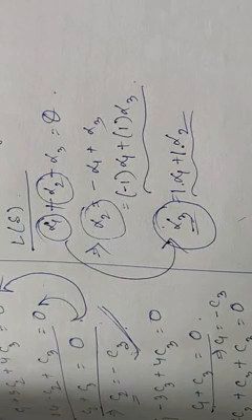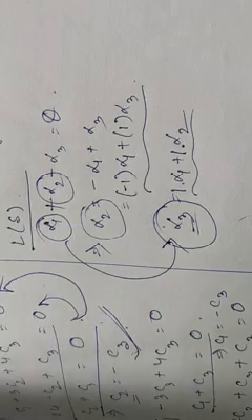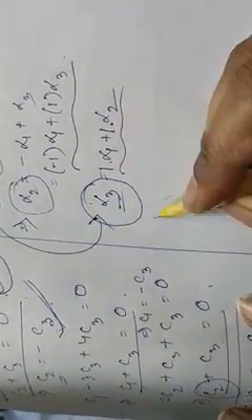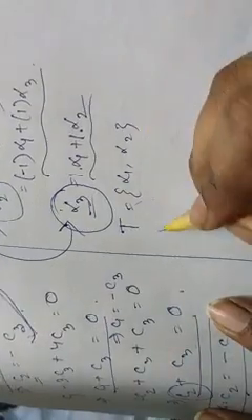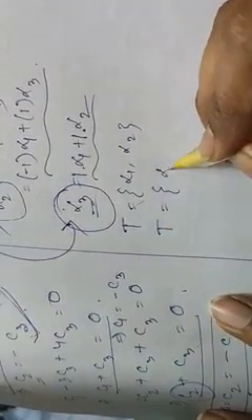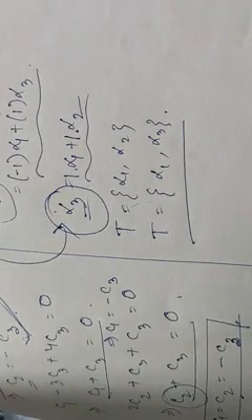So we can apply it in more than one way. The deletion theorem can be applied in more than one way. Okay, so the set T can also be alpha 1, alpha 2, and it can also be alpha 1, alpha 3. There are a total of 3 possibilities for T.